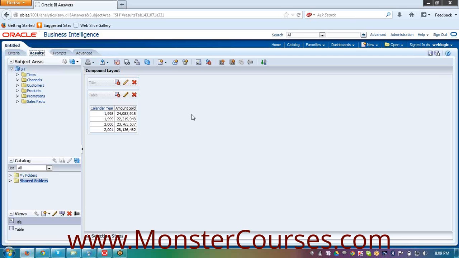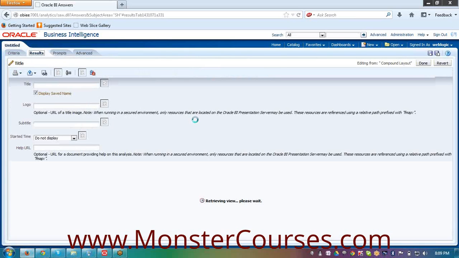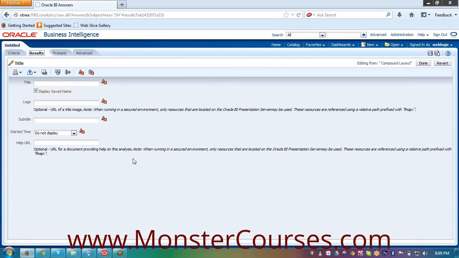Now, the default report layout is compound layout, which is a combination of title and table view. Let us first go to the title view. Click on edit view. In the title view, you have different parameters.